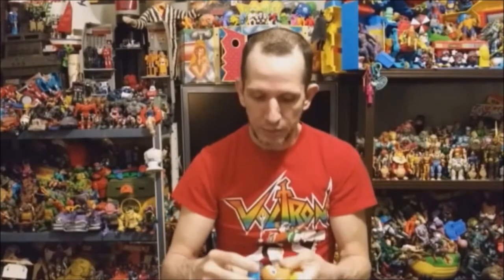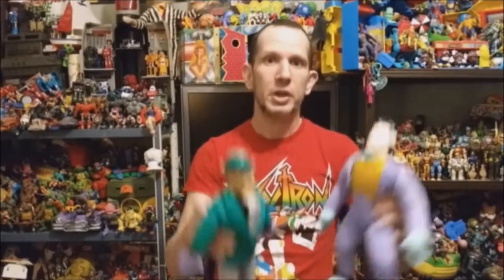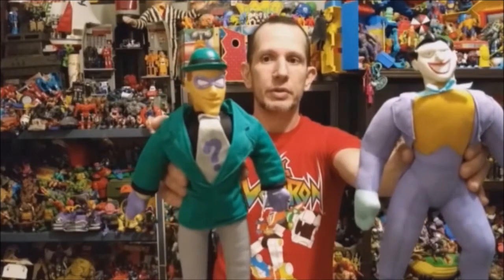And alrighty, so we got those, and oops, got the wrong hat on the wrong guy there. And now these two are cool. Never seen anything like this before. I'm a huge Batman: The Animated Series fan, and these are two DC Comics Batman: The Animated Series plush